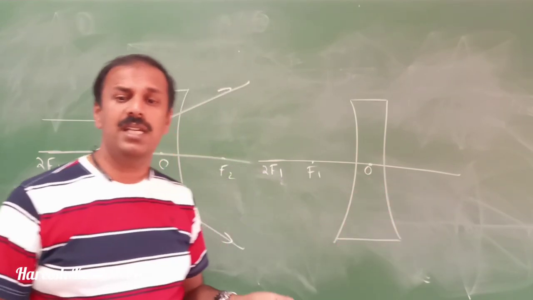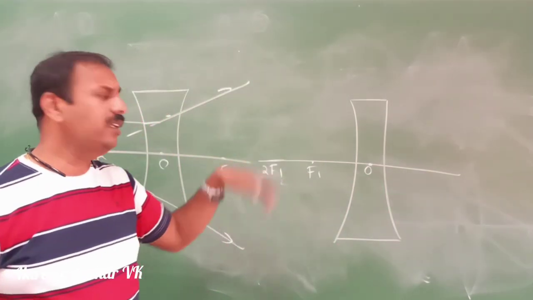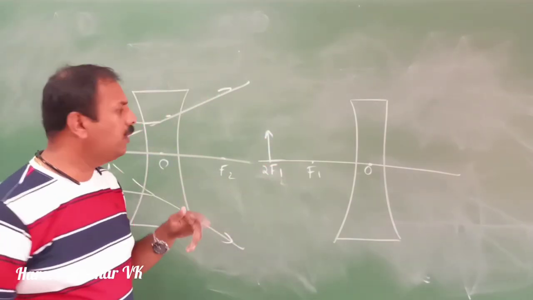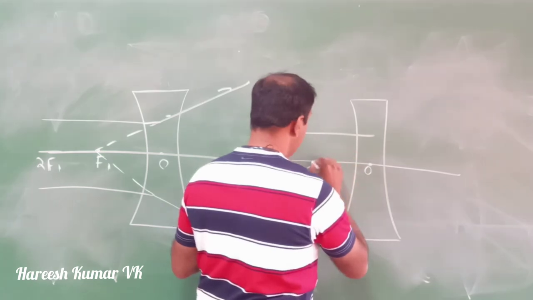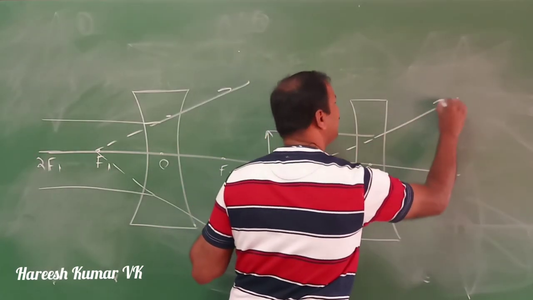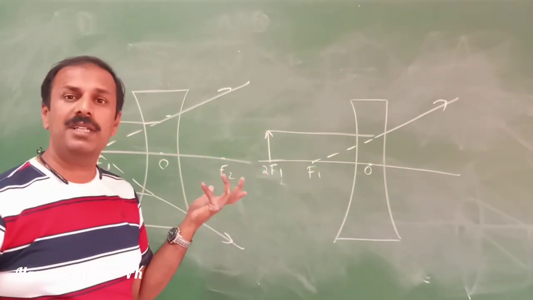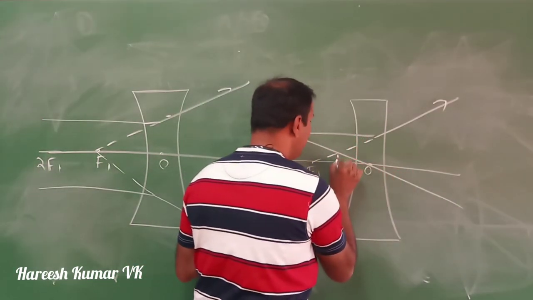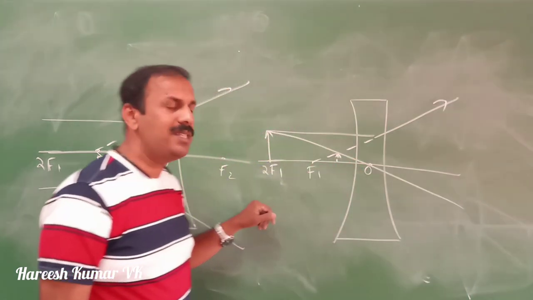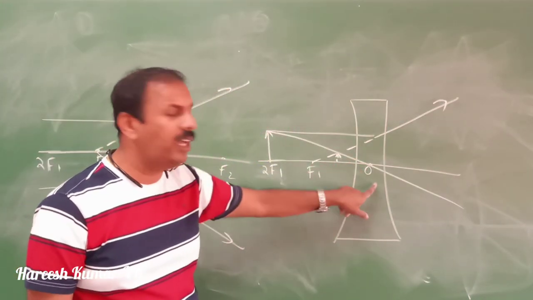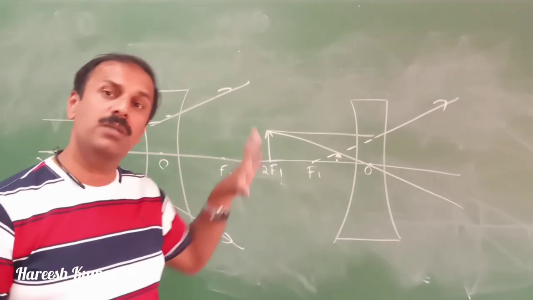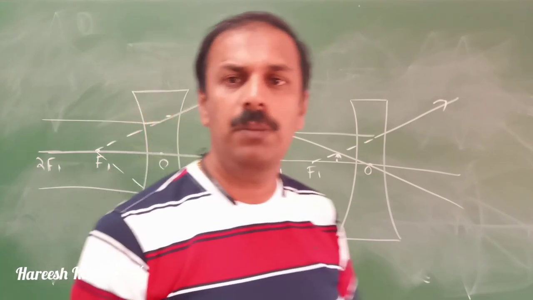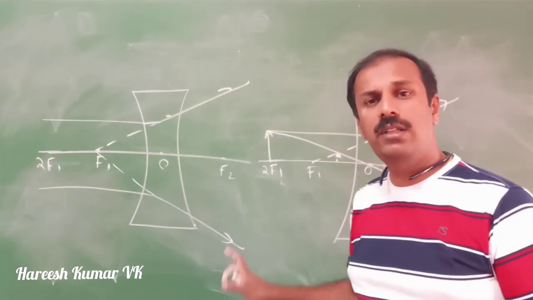Now the second case is anywhere else other than infinity. Simply I am drawing here. The ray diagram method is also simple. When you draw a parallel ray like this, it will go like this. The next one, which is passing through the optic center, will go straight like this. So these two are meeting at this point. Here the image is formed. The image will be between F1 and O. This is also similar to the mirror. If you see the diagram about the mirror first, then this will be very simple.